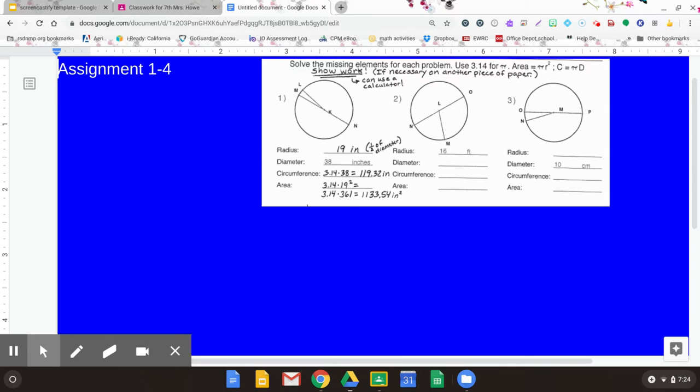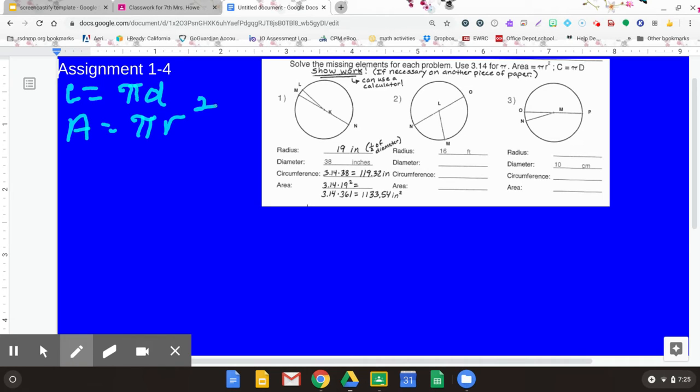So once you have the diameter or the radius, you can find the circumference and the area. You have to remember that the circumference equals pi times the diameter, and that area equals pi times the radius